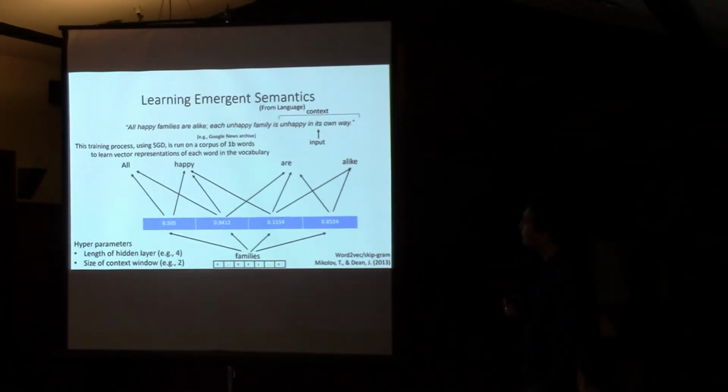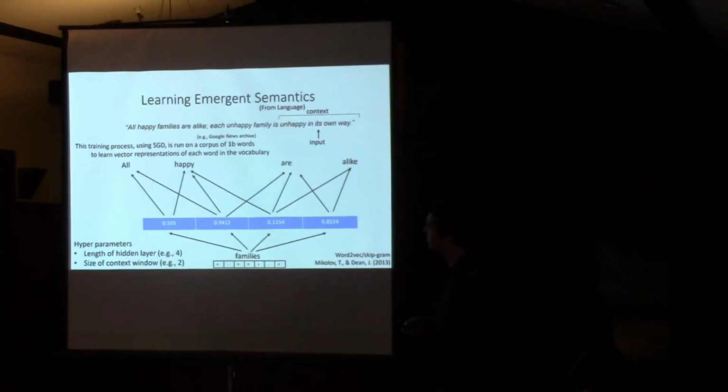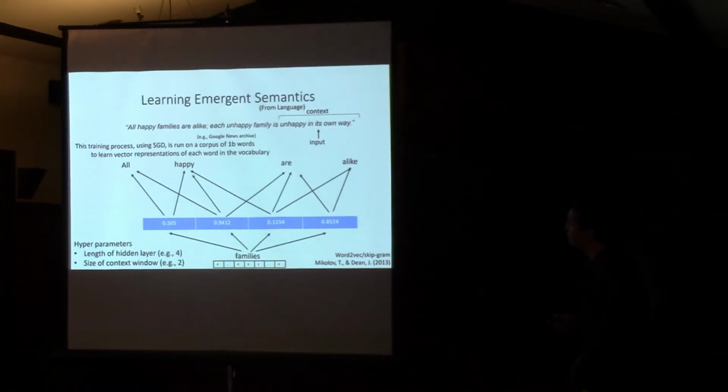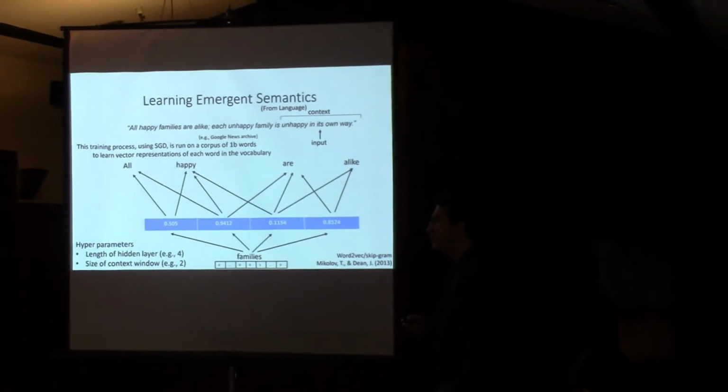Thomas Mikolov, who kicked this type of work off, has worked for Microsoft and Google and Facebook. When he was at Google and he introduced this, he ran it on a corpus of 1 billion words, which were from the Google News archive. They store all of the news that they have on news.google.org to learn representations of each word in the vocabulary. Sorry, what's the criteria for making sense?